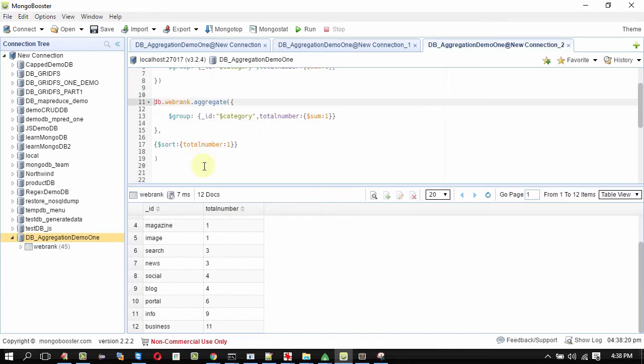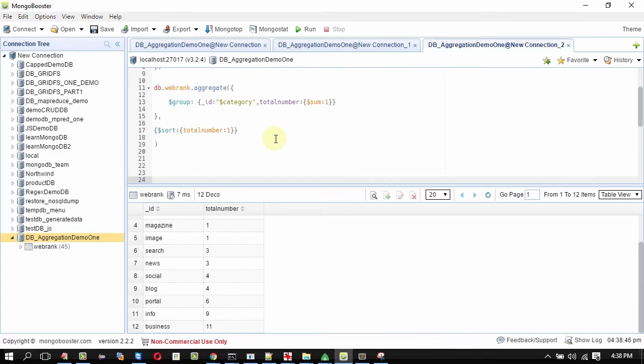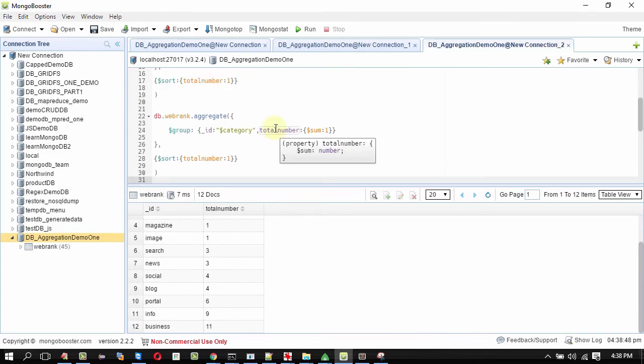So second is done. The next step is to calculate the average number of visits to the website. Instead of sum, I'll be using average. Let me change this into average visits.